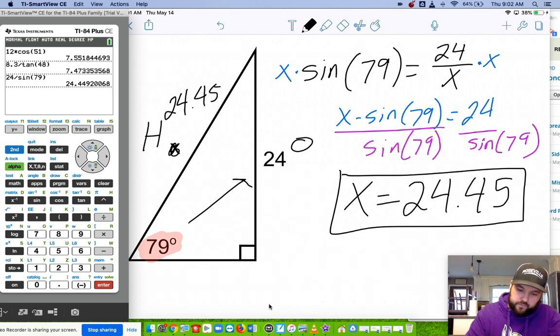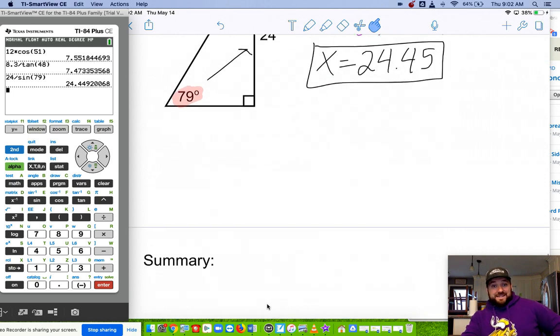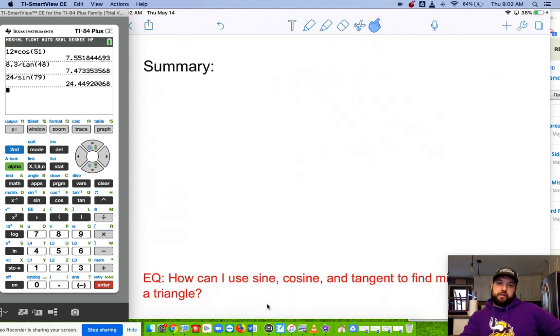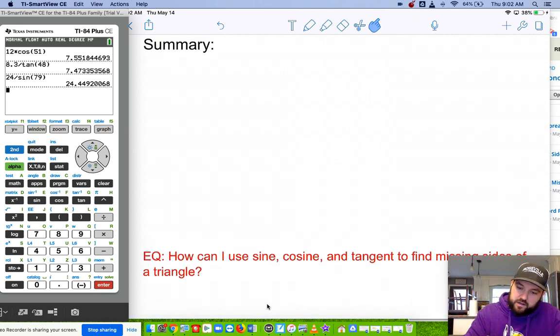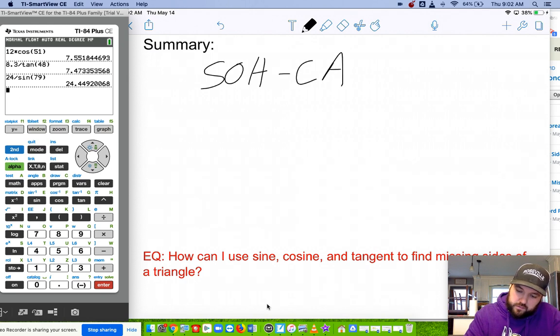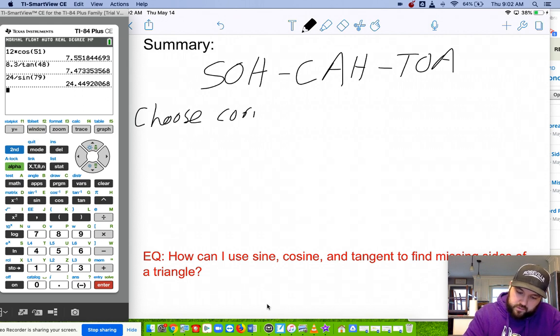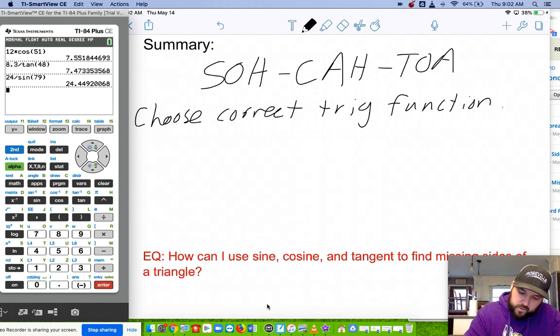Okay. So that's how to find the missing side if you don't have both the other sides. So how can I use sine, cosine, and tangent to find missing sides of a triangle? We have SOHCAHTOA. We have to choose the correct trig function. We need to set up an equation